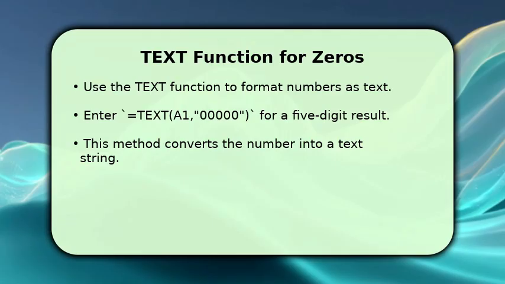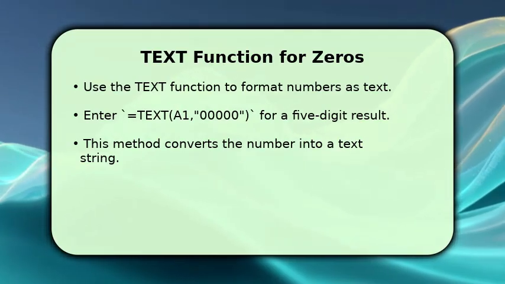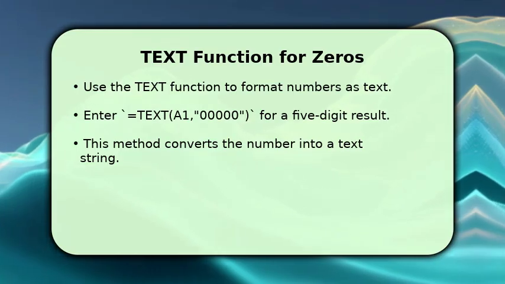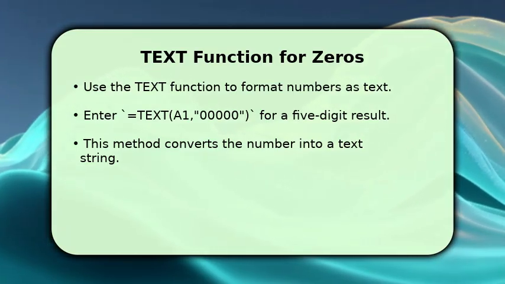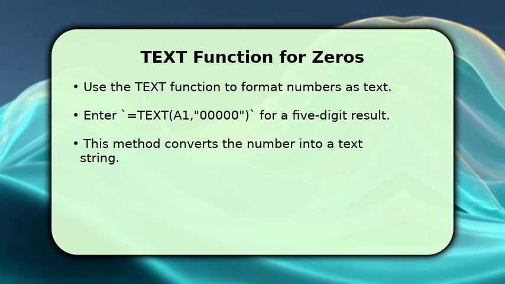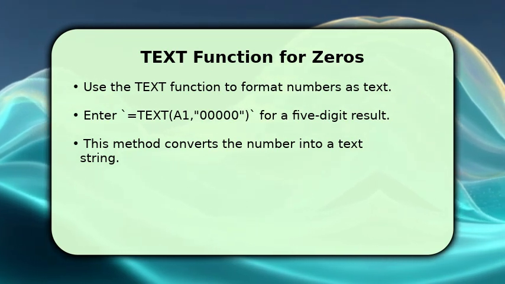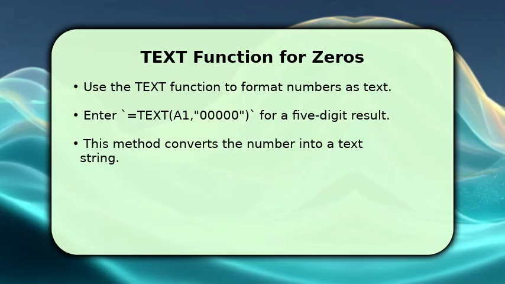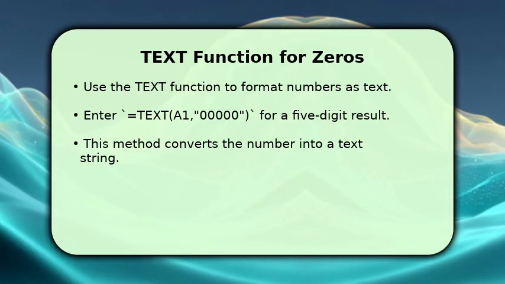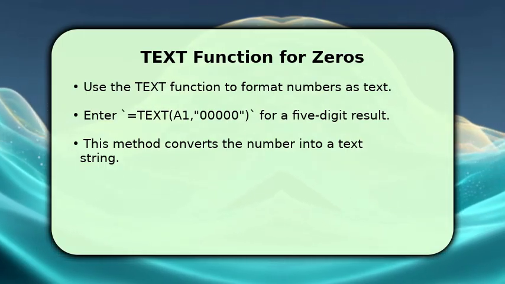Next, we'll use the powerful text function. In an adjacent cell, type equals text, then reference your number cell, for example, A1. Follow this with a comma and your desired format in quotation marks, like 00000 for a 5-digit output. This function converts your number into a text string, ensuring the leading zeros are preserved, which is great for consistent